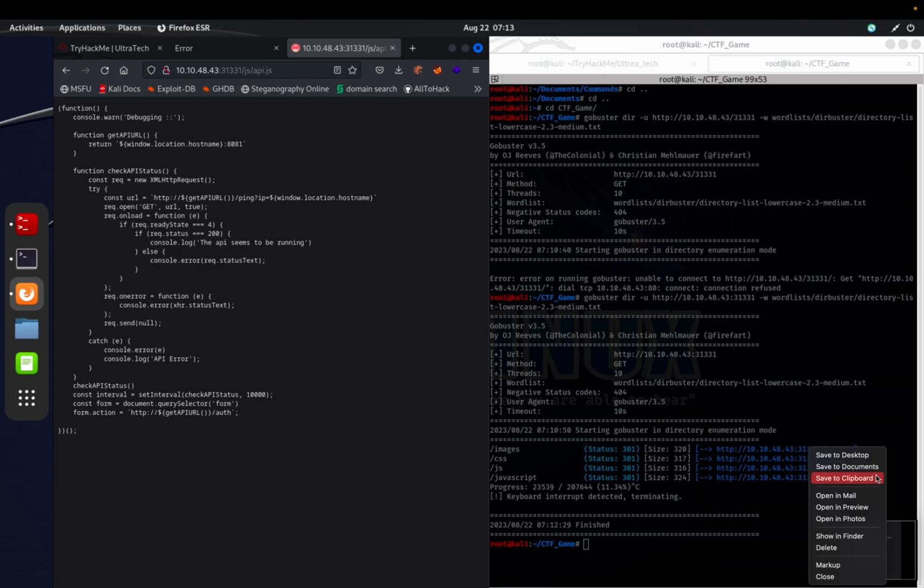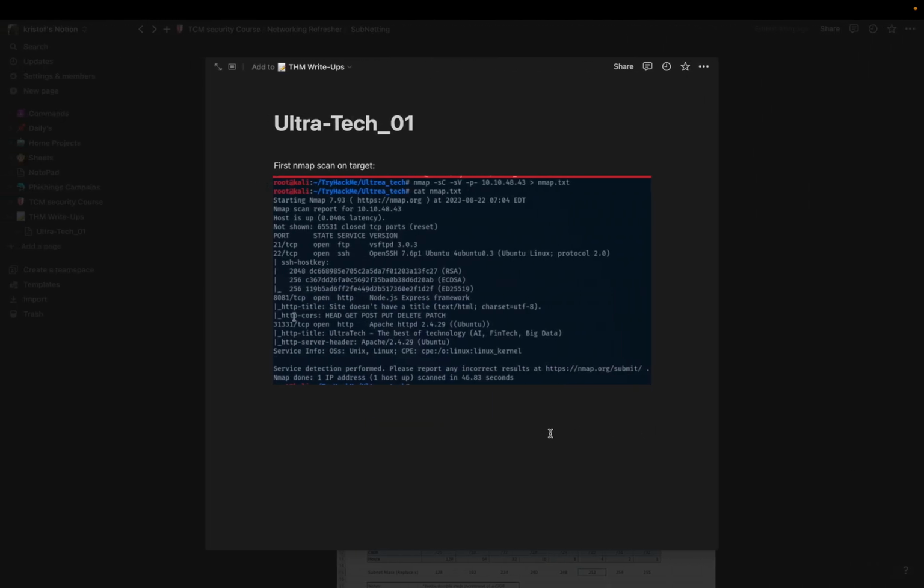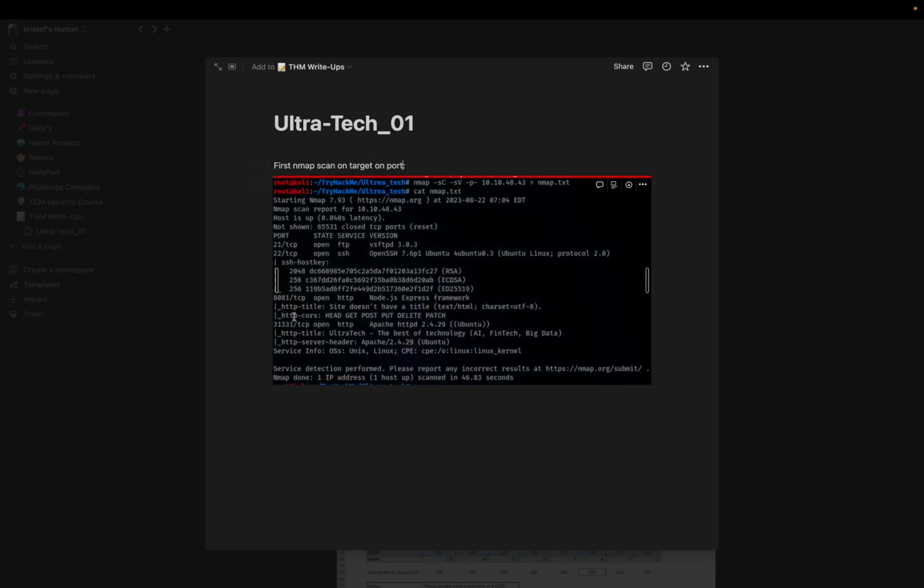Let's copy this to the clipboard, save to the clipboard. This is the first image scan, on port 8081. Okay, a space for a second one, and this is one